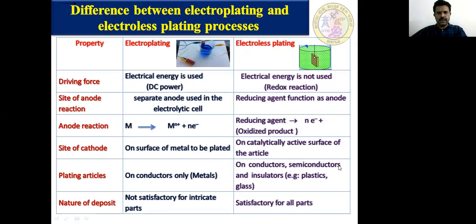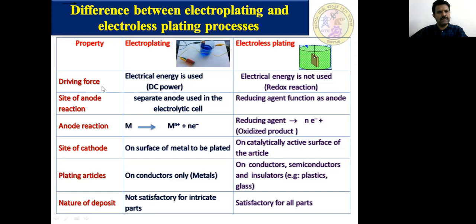So let's go through some differences between electroplating and electroless plating process. The first difference, you can see the picture here. We used here separate substrate and separate anode material. And the main difference is we are using a battery to conduct the electroplating process. We are using the battery as a source of electrons. But if we come to electroless plating, here we are not using a battery.